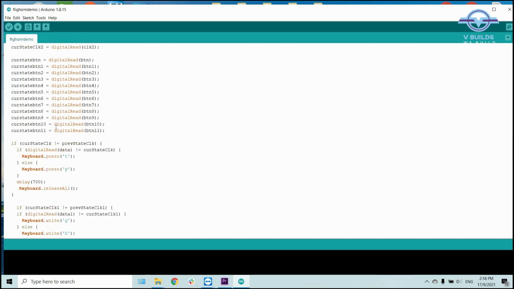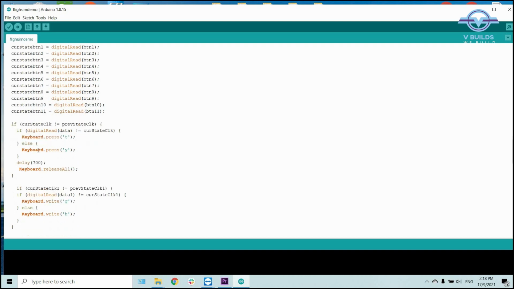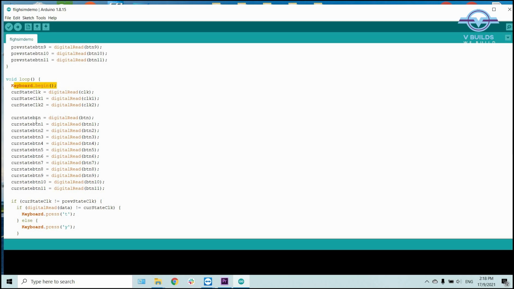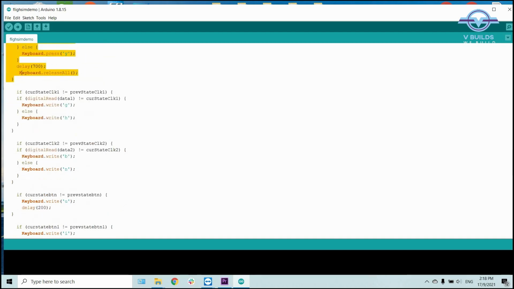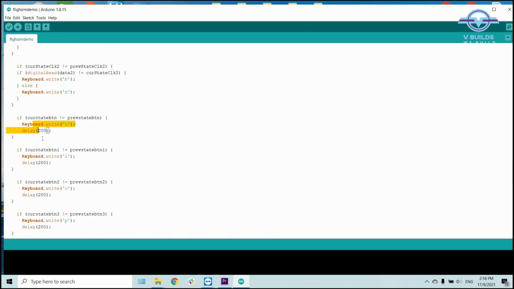And so for toggle switches, it is quite straightforward. We will read the state of button again after the loop started, so it will be digital read current state of button. So in case this is for the rotary encoder, again rotary encoder, but yes, this. So it is quite straightforward: if current state of button is not equal to previous state of button, that means the button has been